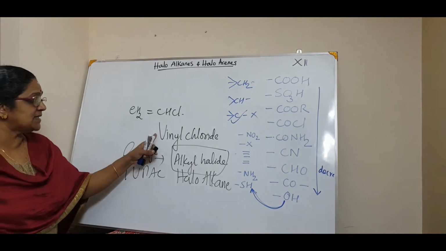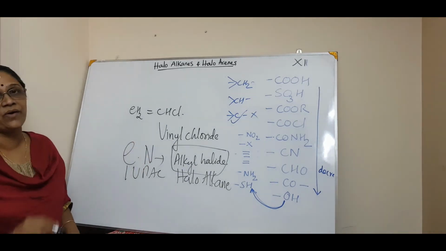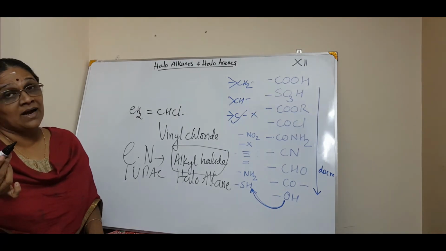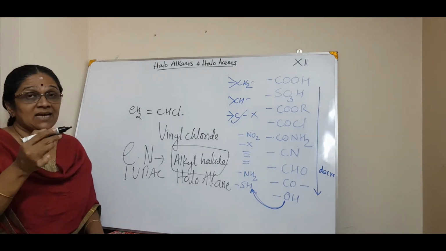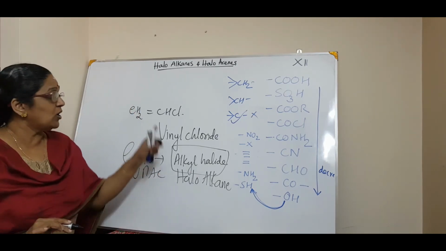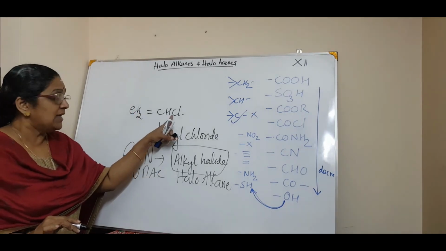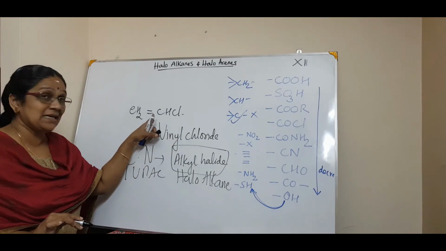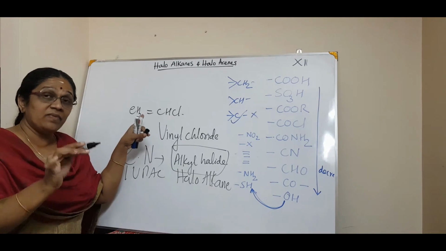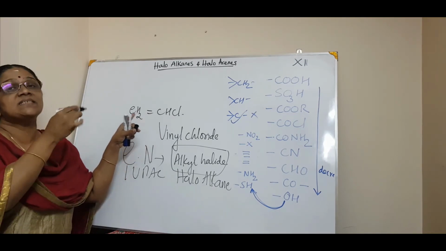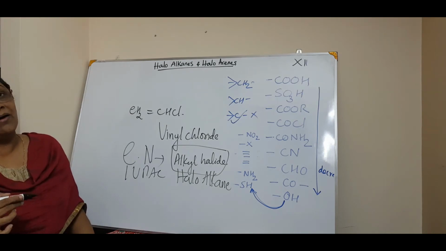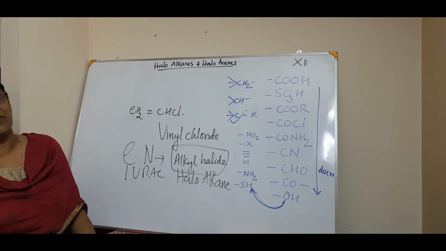In the same way you can write allyl chloride. Allyl chloride means the chlorine atom is attached to a carbon atom, which is attached to a carbon that is connected to a double bond. Not exactly directly to a double bond. The halogen atom is attached not directly to a double bond carbon but to an sp3 hybridized carbon. That sp3 hybridized carbon is then attached to a carbon-carbon double bond. So that is allyl chloride.